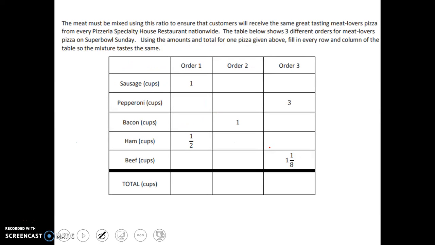All right, the meats must be mixed using this ratio to ensure customers will receive the same great tasting meat lovers pizza from every pizza specialty house restaurant nationwide. The table below shows 3 different orders for meat lovers pizza using the amounts and total for one pizza given above. Fill in every row and column in the table to make it taste the same. If we are using,